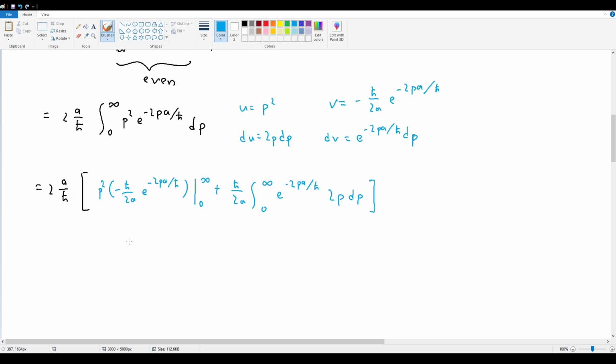Now, this left term here, you have a p squared that goes to infinity, and you have an e to the negative 2pa over h bar, which goes to e to the negative infinity, right? So at 0, obviously it's 0 times negative h bar over 2a, which is just 0. At infinity,